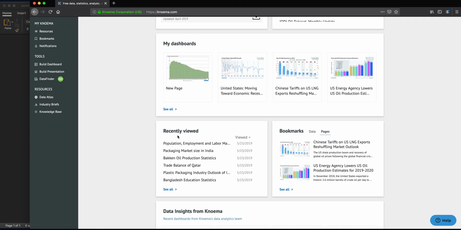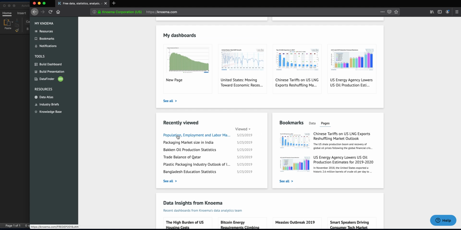I can also see what I've been looking at recently. This is really helpful. I actually use this module probably as much as I use any of the others, if not more, because I log in and out a lot, and I want to pick up where I left off. And that's either going to be with a dashboard or something I was looking at the last